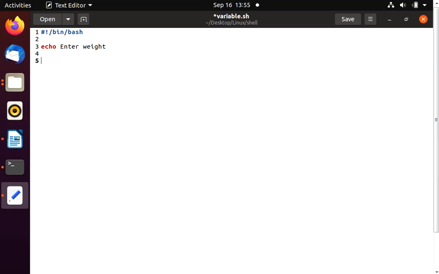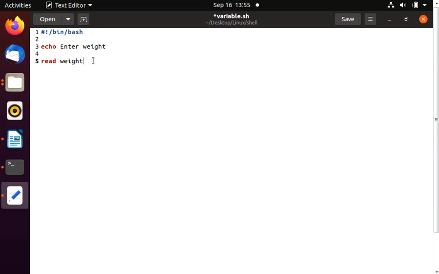To do that, we have a command called read and the variable name. So read and the variable name, and when the user enters the value, that value will be stored into this particular variable.